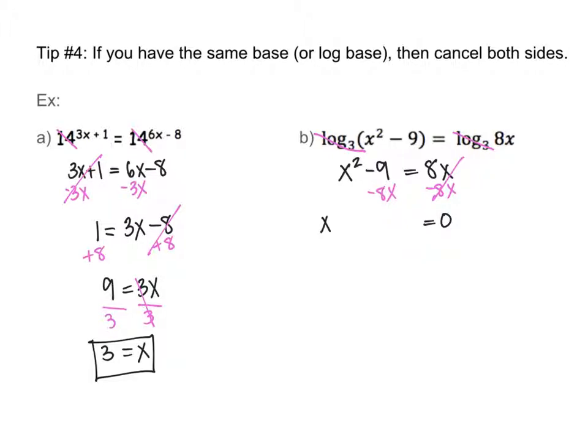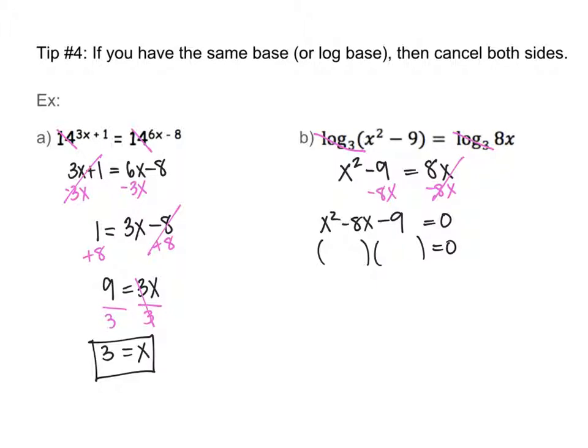I think I'm going to write the exponents in order. So I'm going to have x squared minus 8x minus 9. So that way I have it already set up where the exponents are in order, because typically when we see quadratics, it's usually in this order. Okay, so if I were to factor,